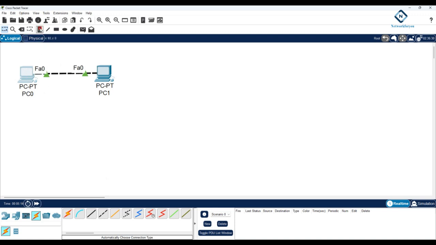So here you have the label. You can click here, select this notepad icon, and click here and assign the IP. You can write here whatever you want to put. Example, if you want to put some label, I can say 192.168.1.1/24. So I put here I am going to use this IP to this machine, and here same thing I can put here